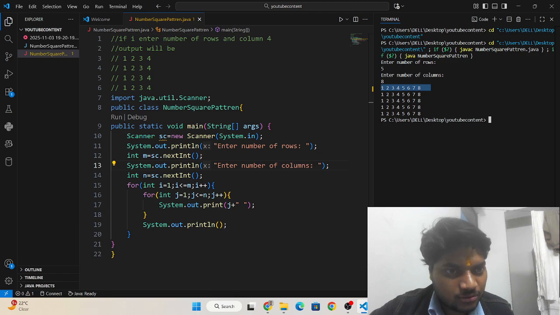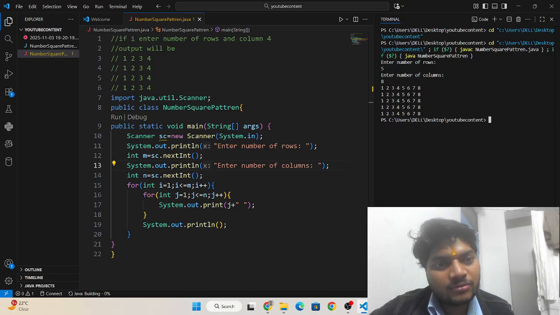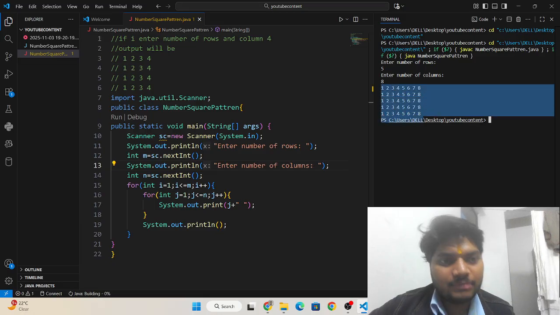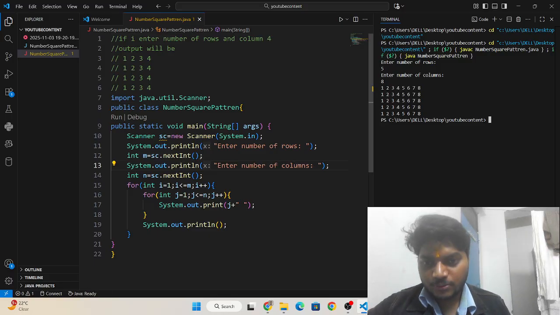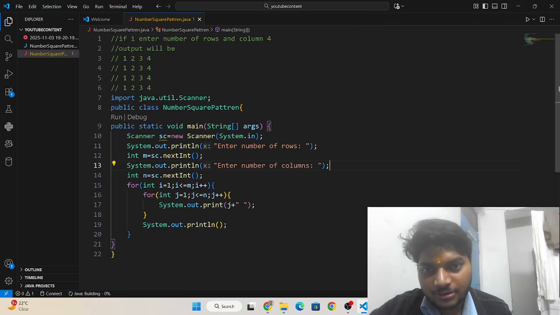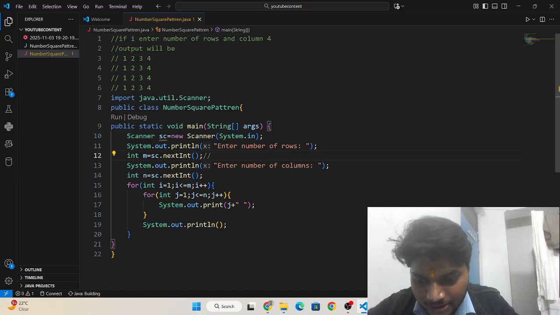Number of columns we have 8, 1 2 3 4 5 6 7 8, and number of rows we have 5, 1 2 3 4 5. Okay, so now I can say you have understood these things. This is what is accepting this variable.